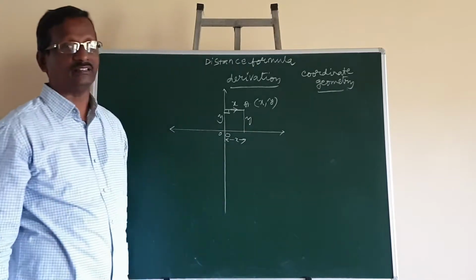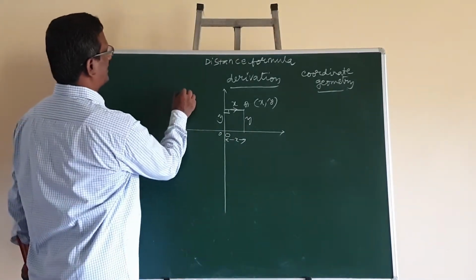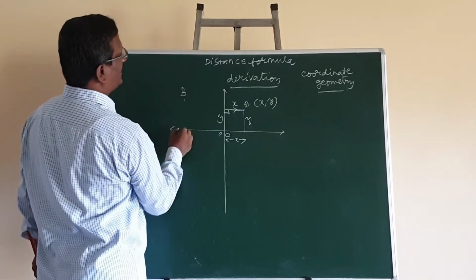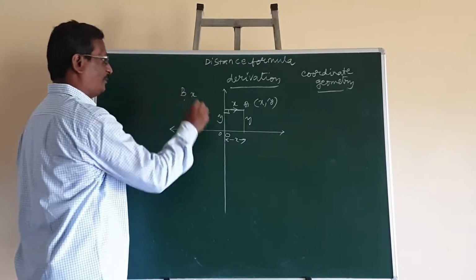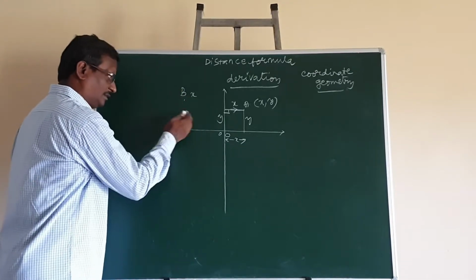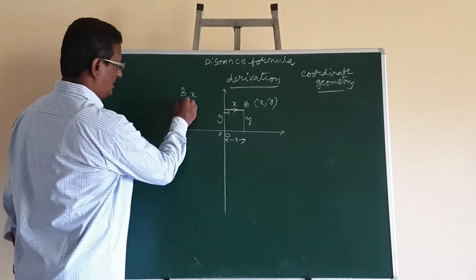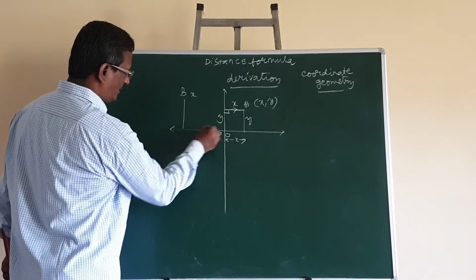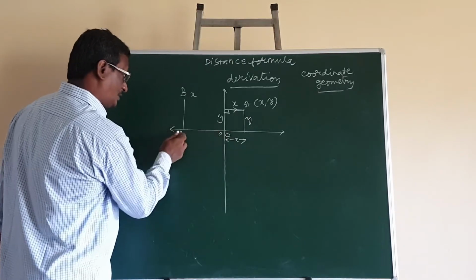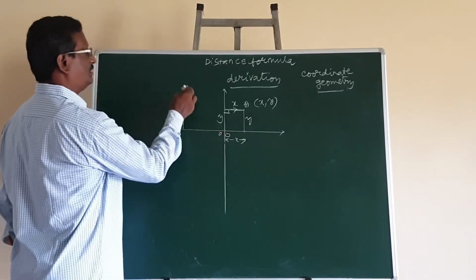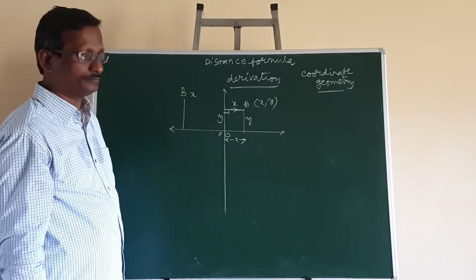Distance is always considered positive, but here, whenever the coordinates are positive, the distances are measured in the positive direction. For example, if the point B is in the second quadrant, the x coordinate is x, which means the distance of point B in the direction of the x-axis, in the negative direction, is x units. From the origin, on the negative side, is x, so here x is negative.